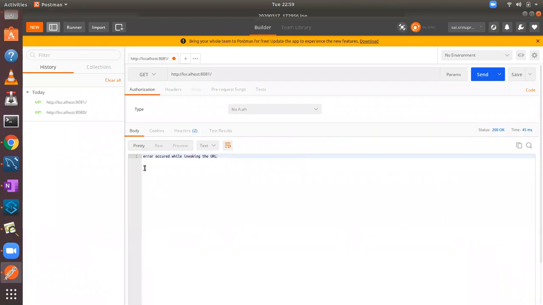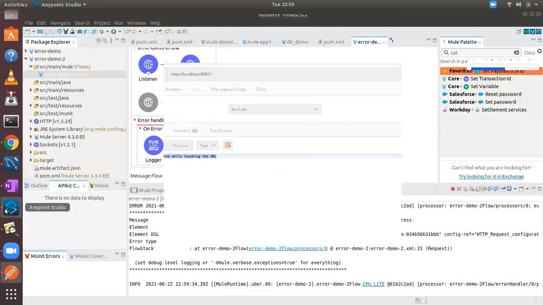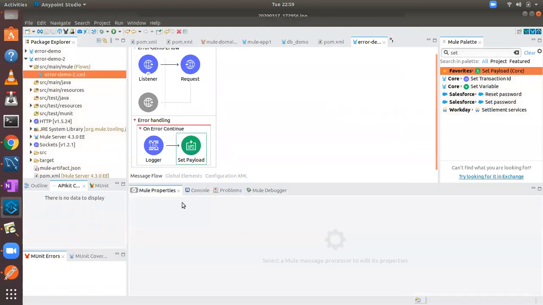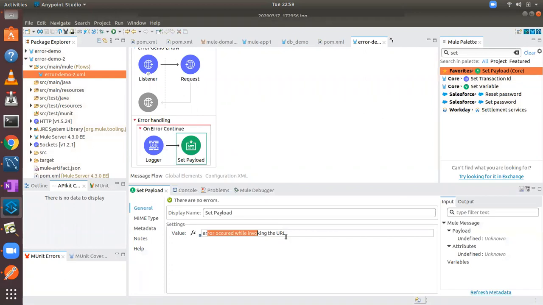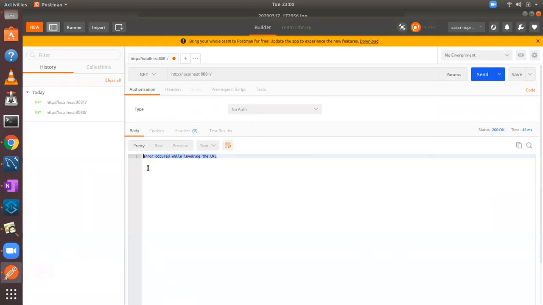So I get the response, error occurred while invoking the URL, and the status is 200 OK, which means a success response. At the same time, this response is what I set in the set payload. Whatever you set in the set payload has been returned to the client, right?